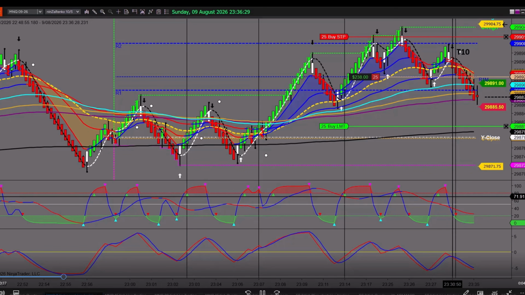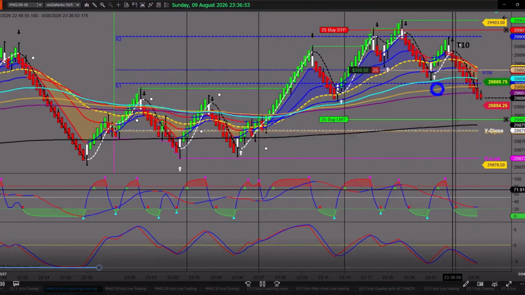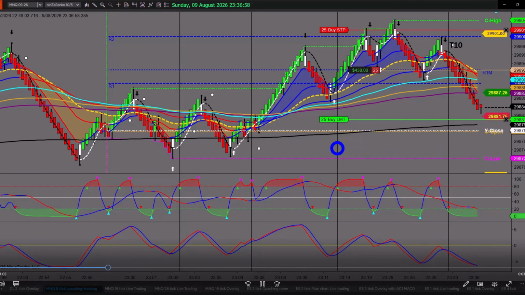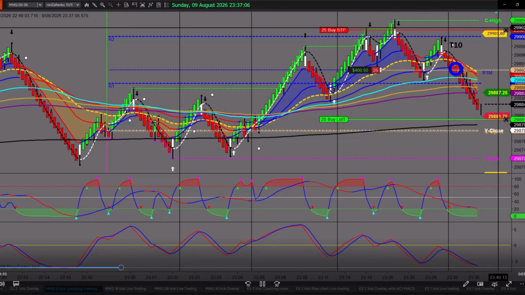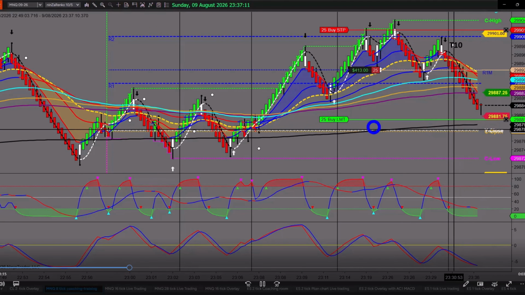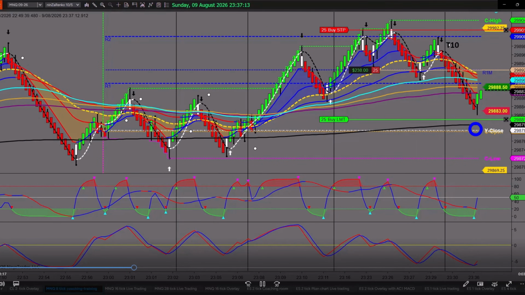They become what we call a self-fulfilling prophecy, because as professional traders we buy and sell into pivots and major EMAs. Why? Because they make great targets and great support resistance levels. Now see where my target is down here. I'm going for a larger target, and the reason is down below I've got a pivot, I've got a major EMA, so I've got major support down here, and usually it makes a